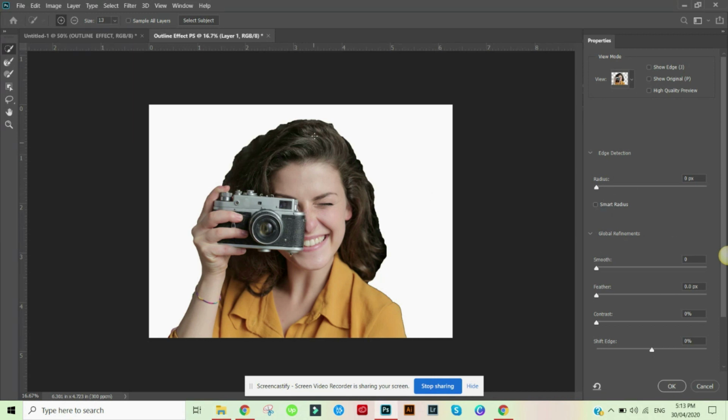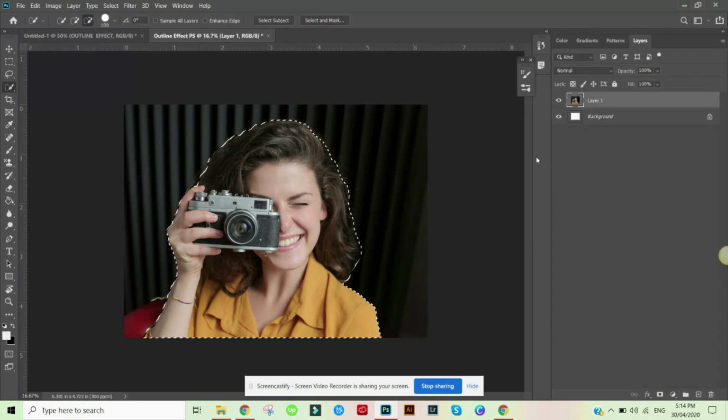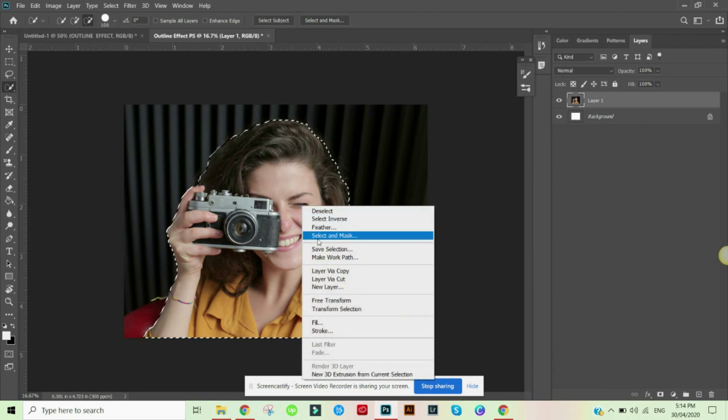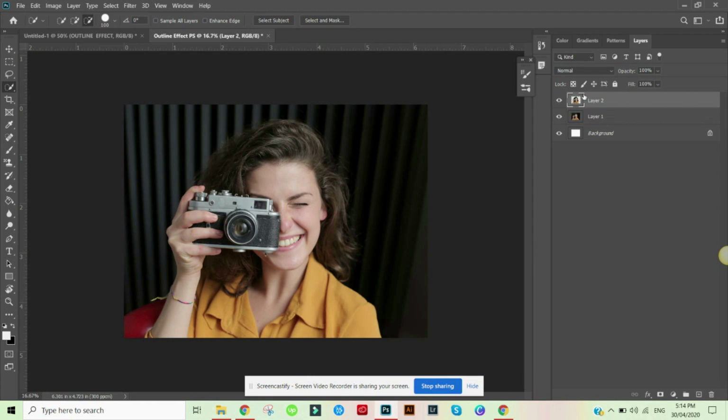As you can see that my outlines are not perfect. Okay, so you always have the options to smoothen it out by choosing how you want that to be smooth. So for me, I'm going to go for 100 because I like that. 100, and then that's it. If you're okay with that, and then just click OK. The 7th step or the next step is right click again and then layer via copy, and a new layer